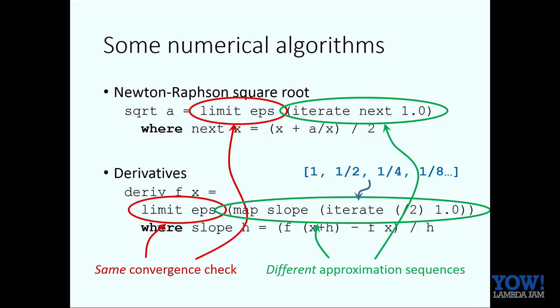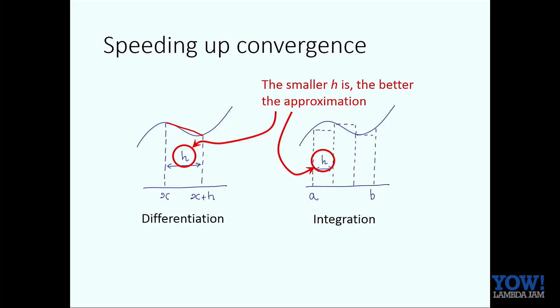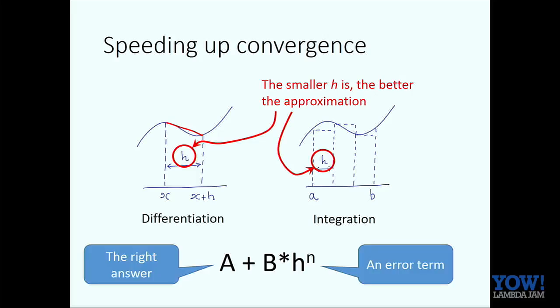There's something else you can do here. So I explained how you do numerical differentiation, and there's this parameter h. The smaller h gets, the more accurate the result. Integration is the same. You can compute an integral by adding up the areas of a lot of rectangles. And again, the width of each rectangle is a parameter h. The smaller you make h, the more accurate a result you get. So here we've got two ways of constructing a sequence of approximations that both depend on an h that is getting smaller. So what if... now the interesting thing about numerical methods like this is you can express the result you get in this form.